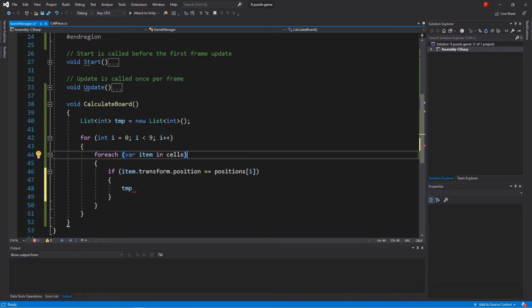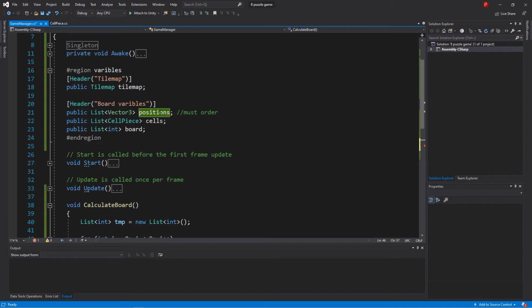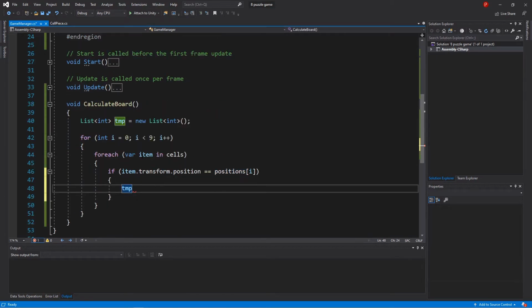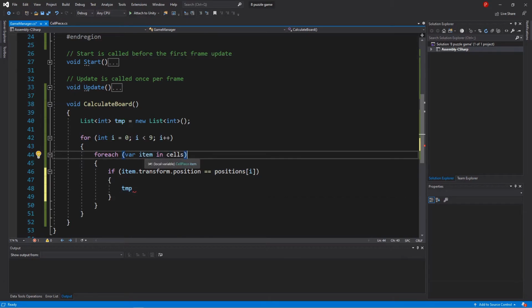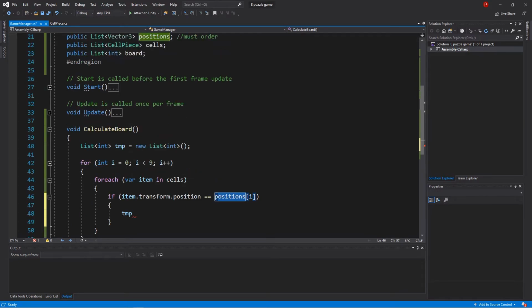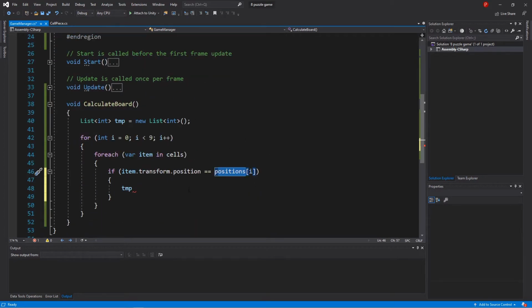So essentially what I am doing within this code is I'm getting the item, which is a cell or a cell piece. I'm getting the transform and then getting the position from that. And this positions is the cell positions right here. So I'm checking if any of these cells right here has the same position as a position within our positions list, which means let's say we have